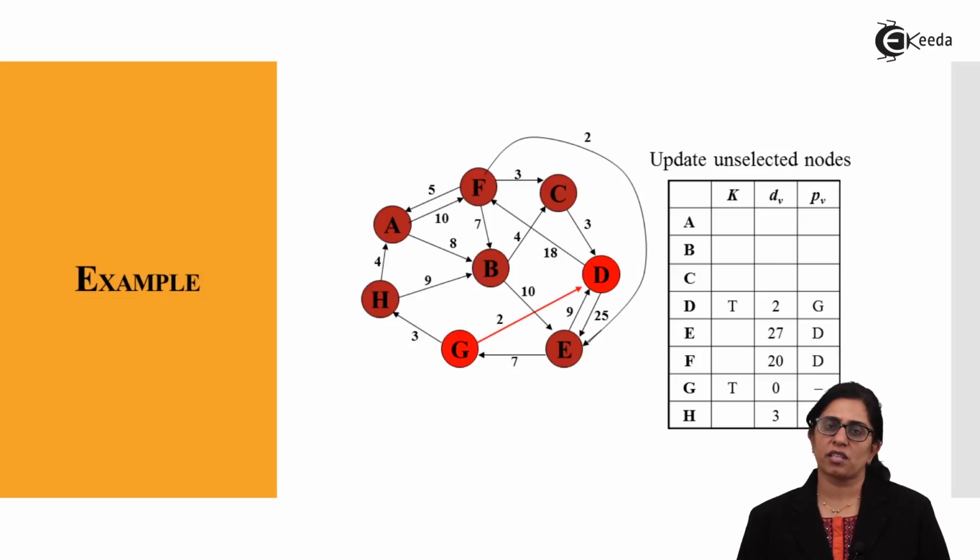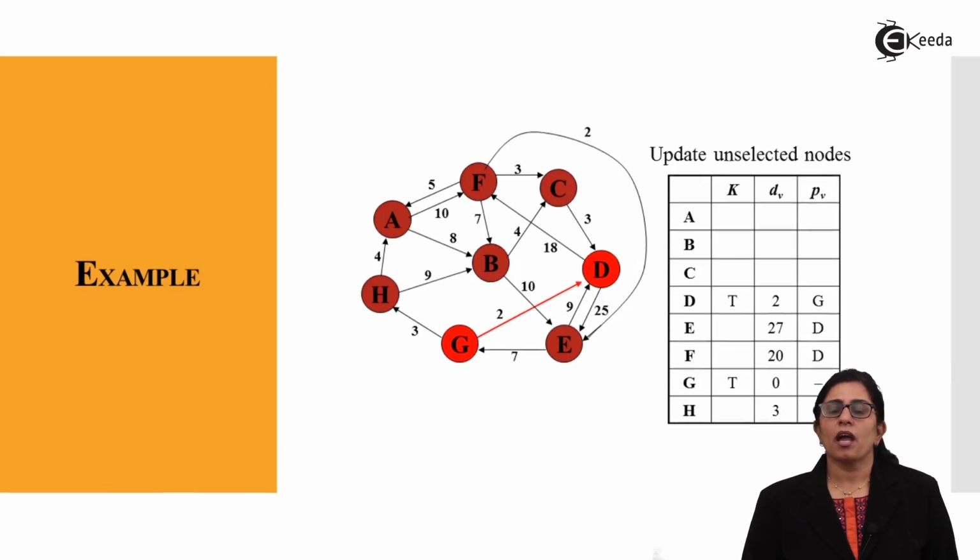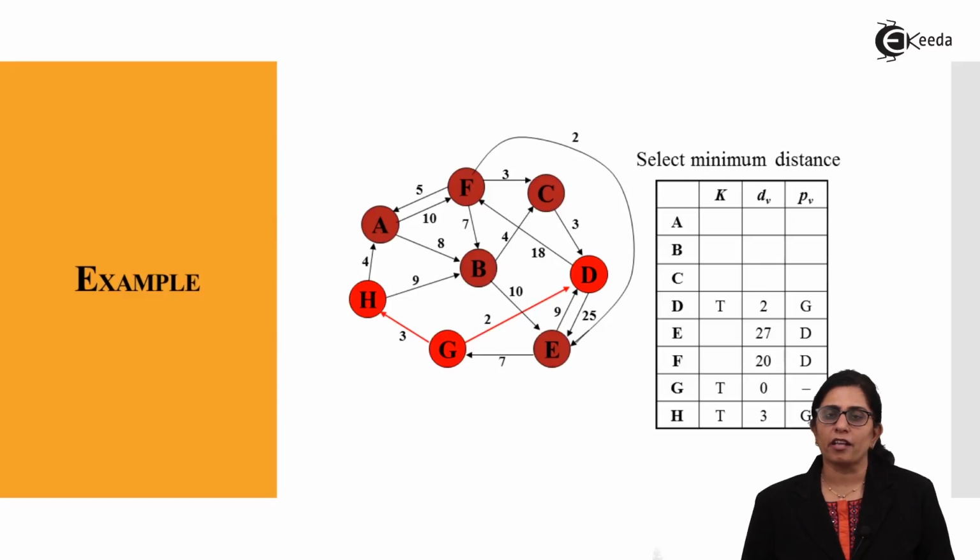So in this table, if you see, we now have 3 nodes which have been traversed, but from there I have not initiated the next node. So the nodes which I need to select for the start are among the node H with the weight of 3, the node F with the weight of 20 and node E with the weight of 27. So from this we find that H is the minimum weighted edge. So H with the value of 3 is chosen among 3, 27 and 20.